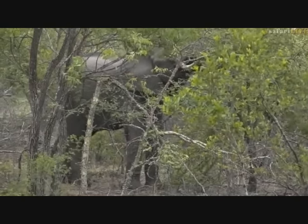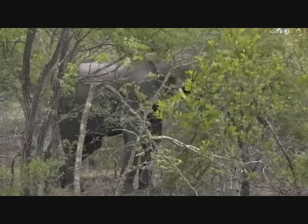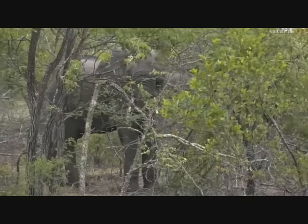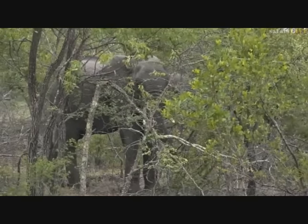But this is wonderful. I can hear lots of branches breaking in the distance. I can see a couple of trees shuffling around. So I reckon this is a decent size. Oh, there's one elephant coming right here. And it's...